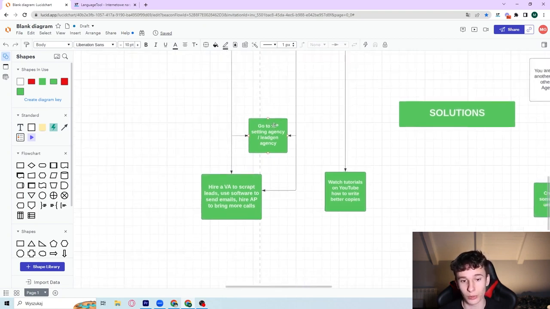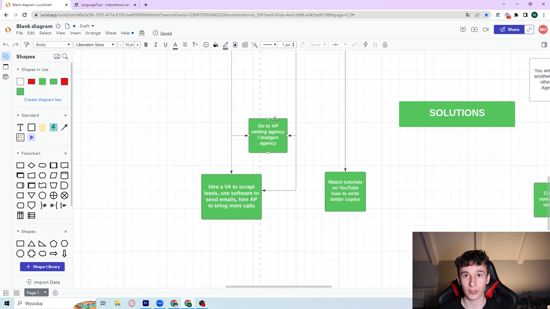And also you can go to an appointment setting agency or lead gen agency. There are many agencies in the space, and some of them are actually full done for you. So basically you just show your offer, what you offer to the market, and they are just creating the scripts and the outreach methods. They are setting up the cold email campaigns and everything. So you just pay them, you show them your offer, and after that there's some time that is needed to